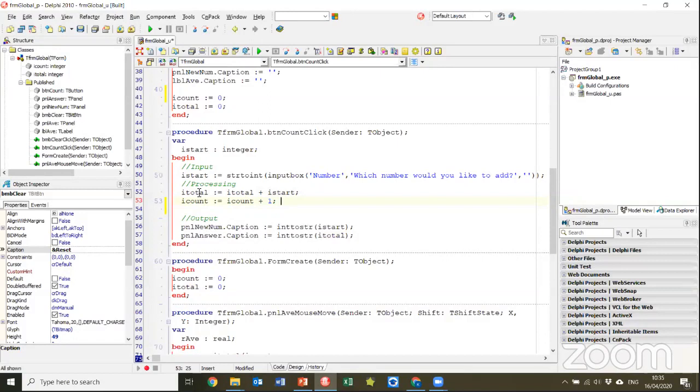So here I'm saying iTotal gets the value of what's already in iTotal plus iStart. But the first time this button is clicked, the computer is going to think to itself, but what is already in iTotal? And often what can sometimes happen,